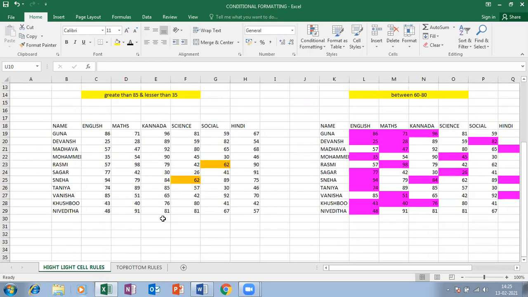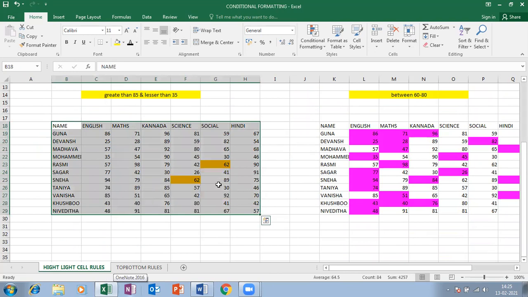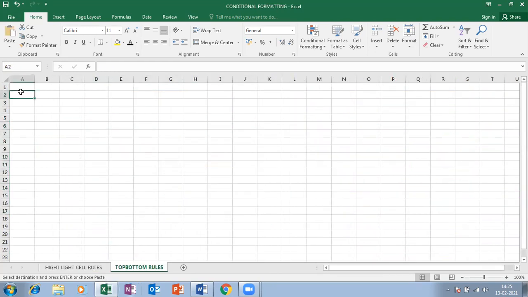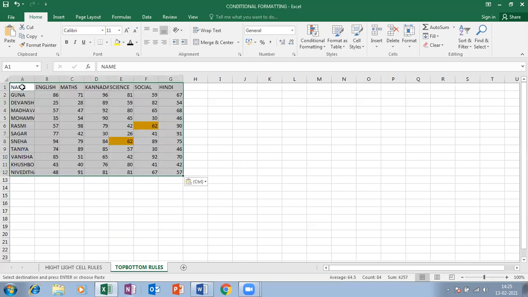Now create the range. Okay, from here you copy the range, paste it, and paste as values.